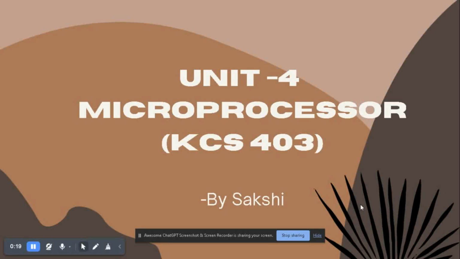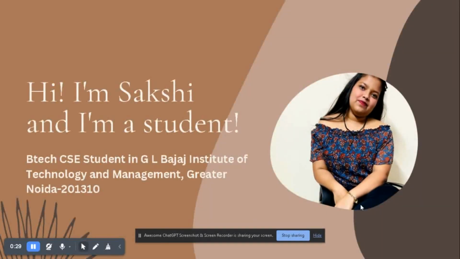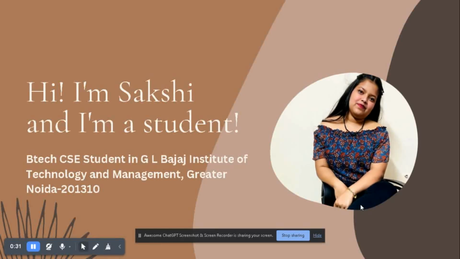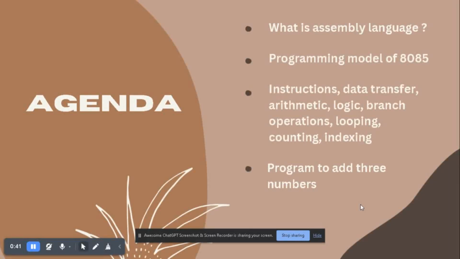So, today we're gonna learn about Unit 4 Microprocessor, subject code KCS 403. Myself Sakshi Arya. I am doing my BTech in CSE from GL Bajaj Institute of Technology and Management in Greater Noida. So, today's agenda is firstly, we're gonna learn about what is assembly language, programming model of 8085, what is